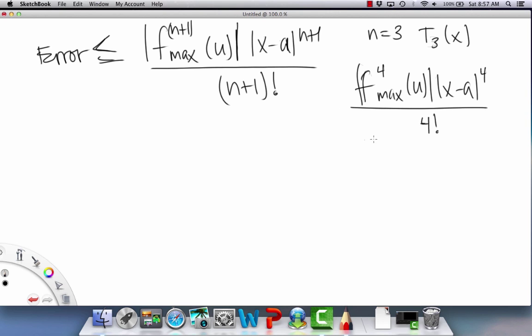So see how this would actually be our next term if we were to go further and do like T4, right? So this is the thing that we're cutting off, remember? That and everything that follows after it. So anyways, okay,